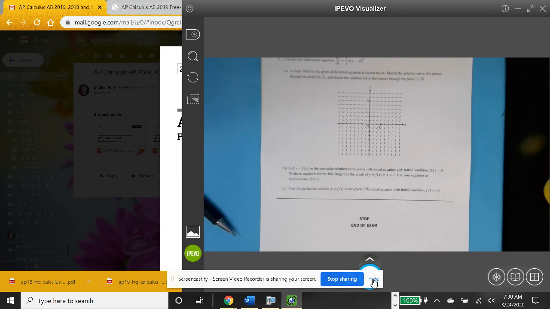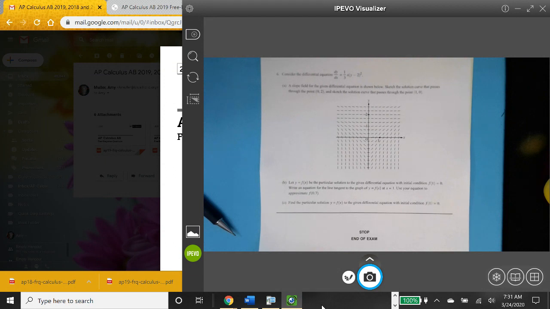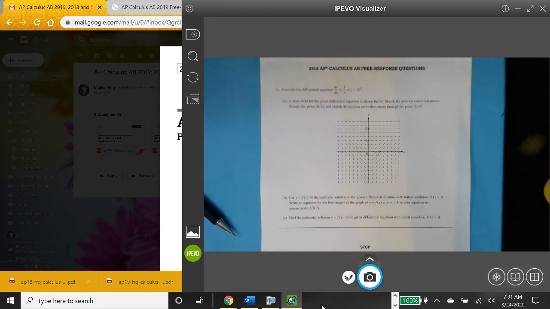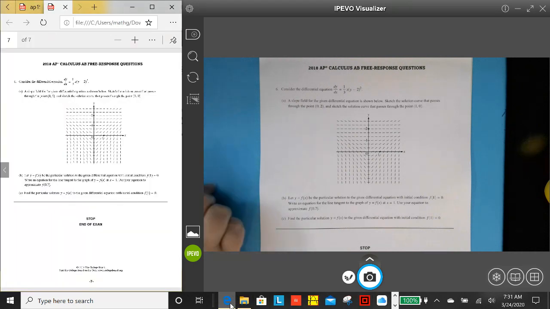Right, now we're going to work out 2018 AB free response, number 6. I'm going to focus my camera there. There we go. And I was going to make sure I had it open here to the left so you can see it. All right, now I printed a copy of this out so that we could draw on it,